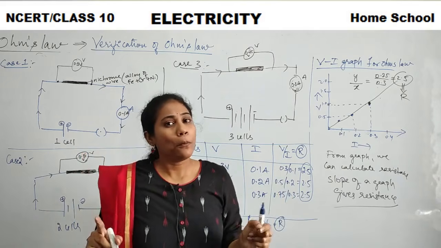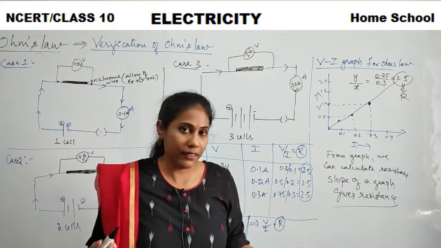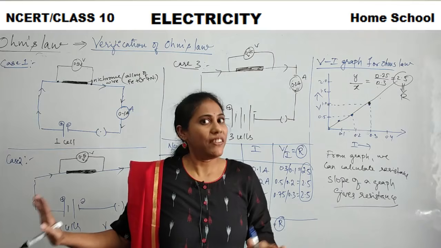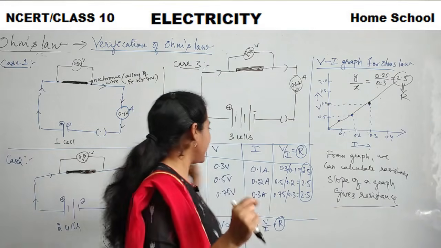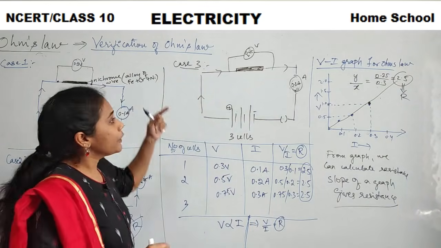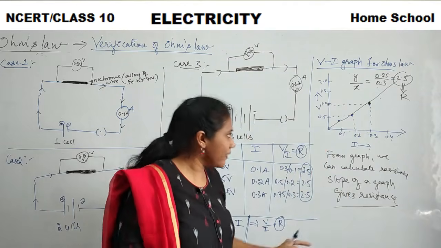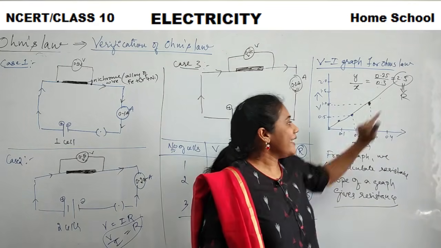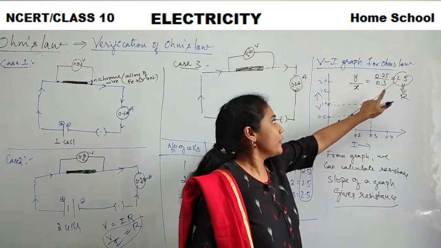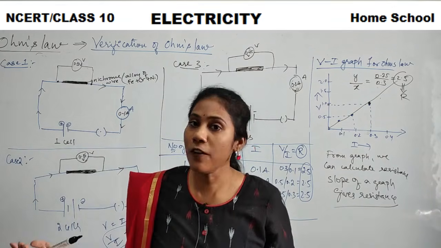So we have a problem in our NCERT book. Once we solve that problem, all your doubts will get cleared, like if a question is asked based on a graph. We will solve the questions a little later. Just try to understand and analyze the concept. So this is how we can verify Ohm's law. The VI graph, voltage versus I graph, is also very important, and you get a straight line. From the slope of this you can calculate the resistance.